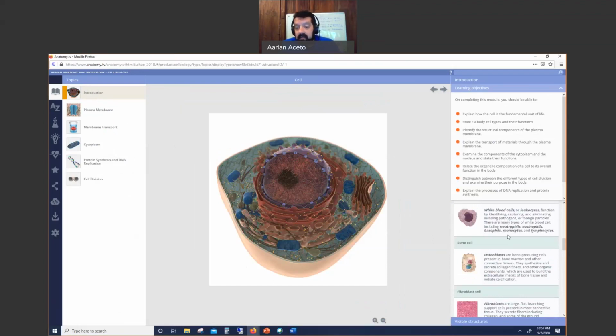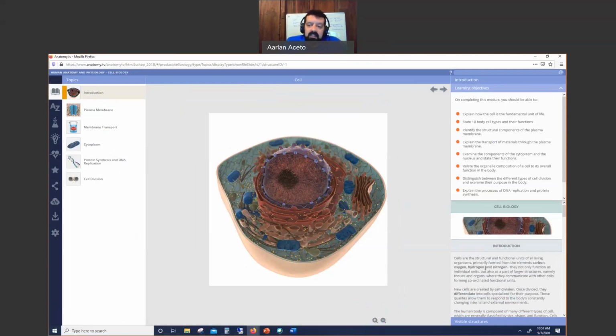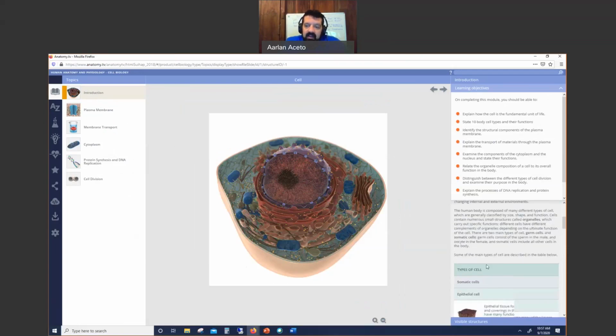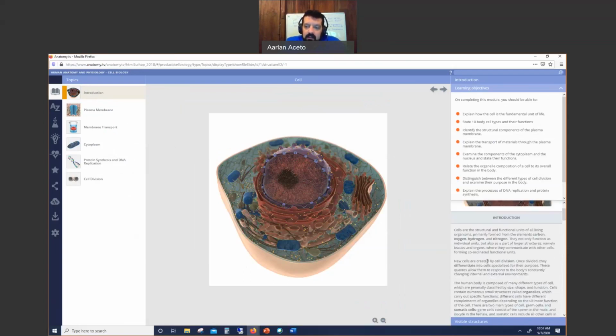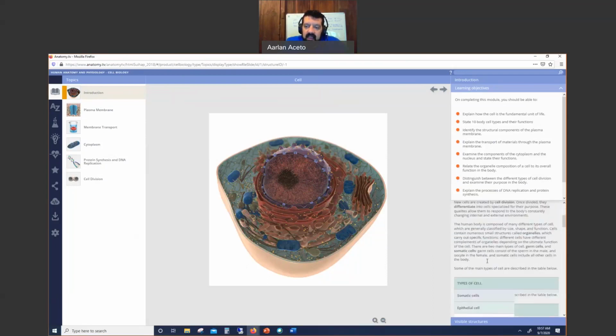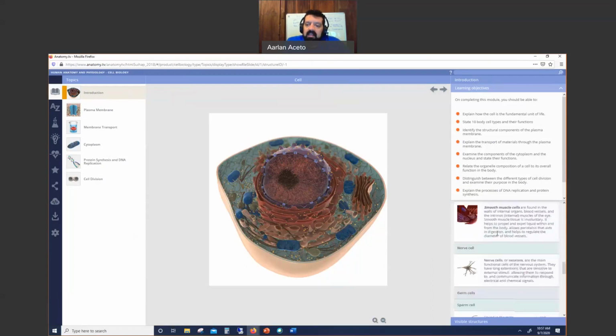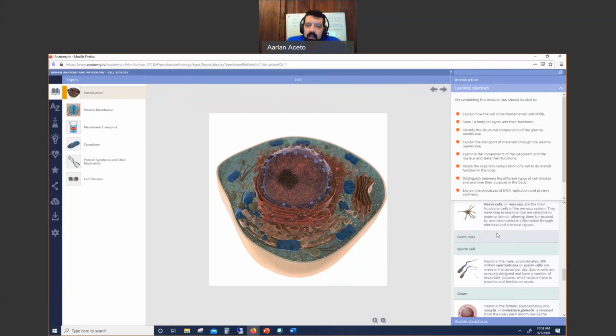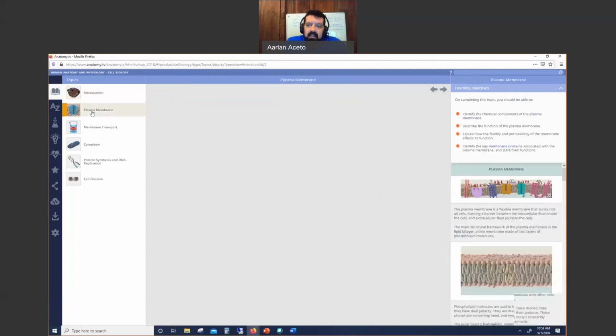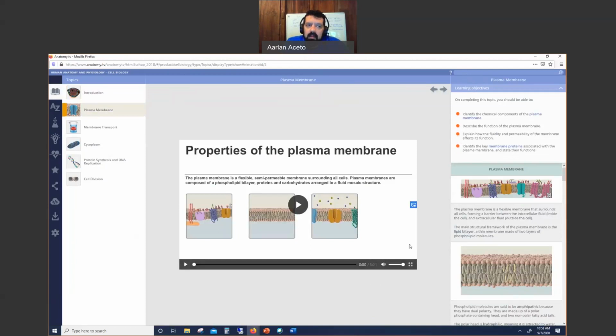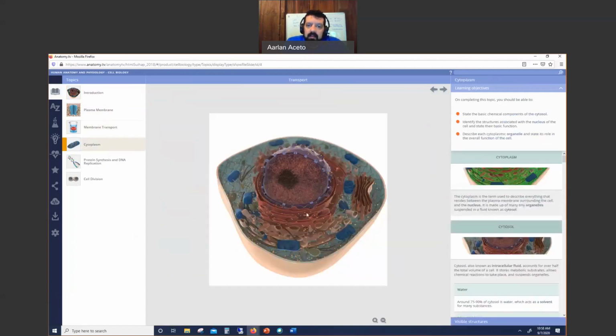Some of this is going to be review for some of you, but some of you may not have seen it. This is essentially, what are the functions of the cells in our body? What do they do? Secondly, there are different types of cells. Even in our eye, we have all these different types of somatic cells. I want you to read through each and every one of these to see what it is that they do. Then this tells a little bit about the membrane that goes around the cell. This is how things get through, but most important is